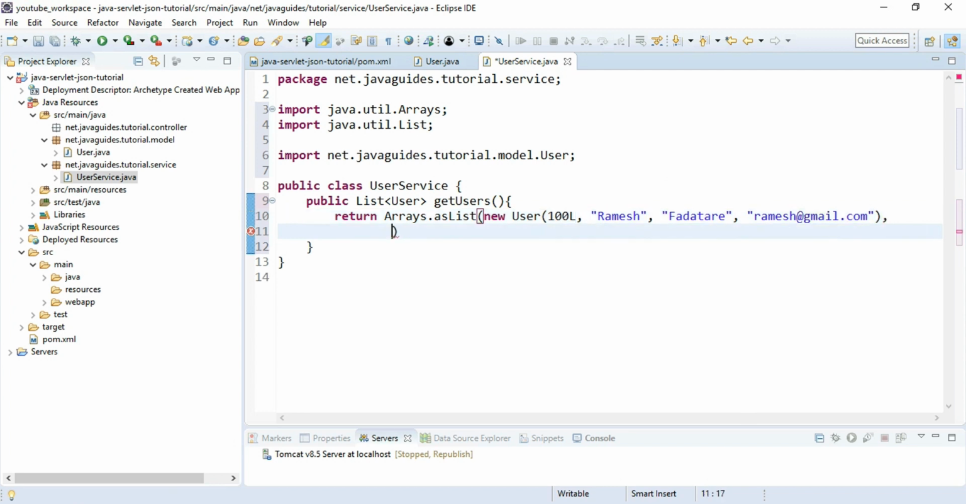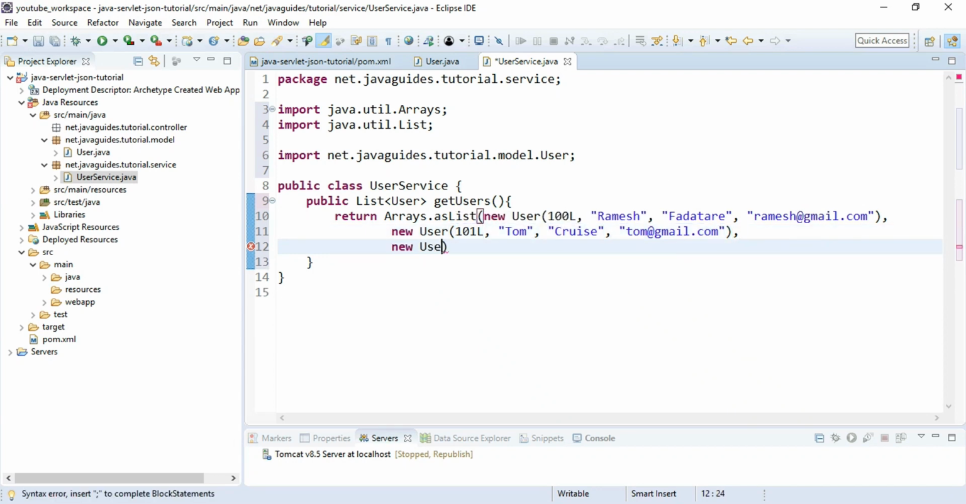Alright, now let's create one more user, new user, and let's give id as 101 and first name Tom, last name Cruz, tom@gmail.com. Next create one more user, new user